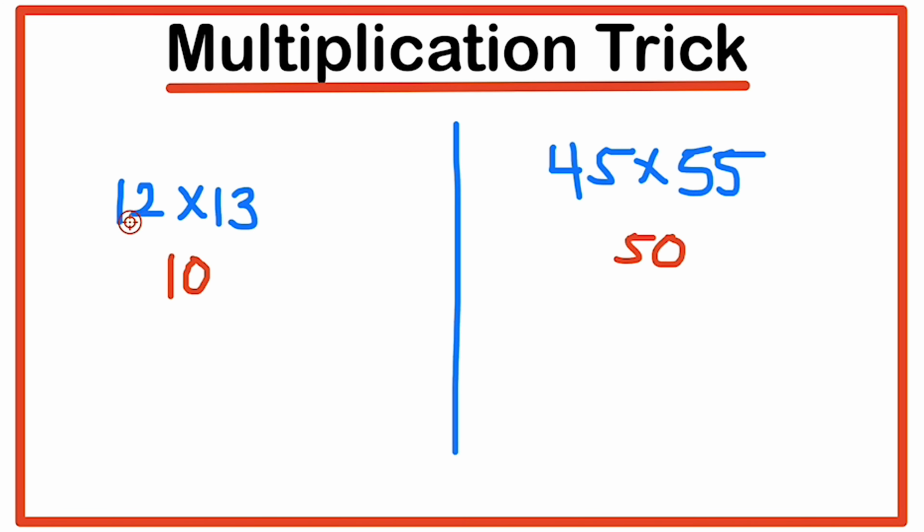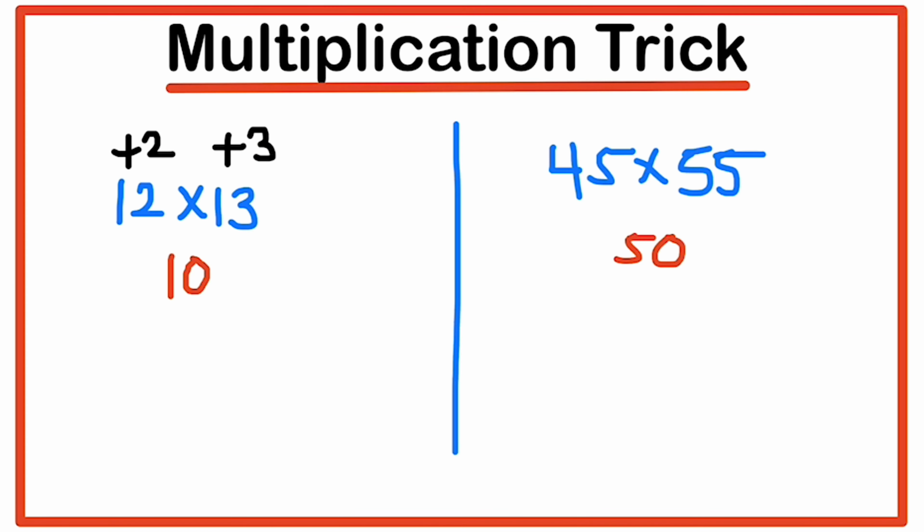Here I know that these two numbers are near to 10. So if we take the base as 10, then we just have to add 2 in this case. And here also, in the case of 13, the base is 10, so we just have to add 3. So we can write 10 as the base and then plus 2 and plus 3. And now we will solve it.